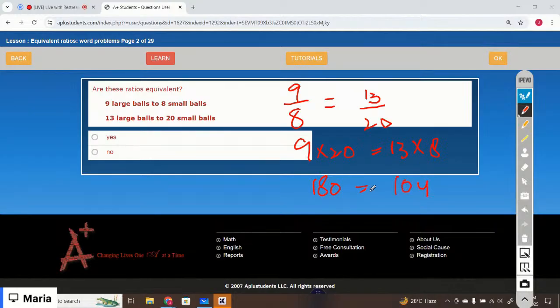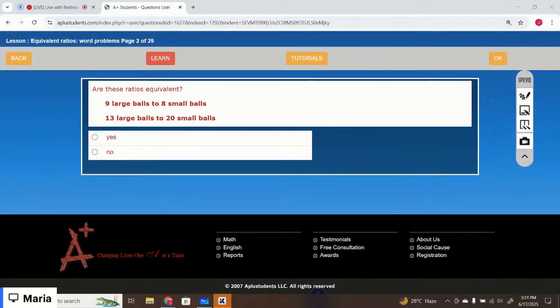So now we are not equivalent. The correct option is the